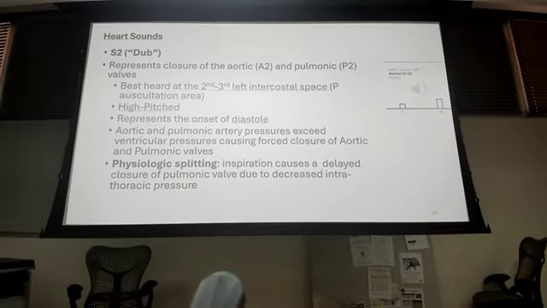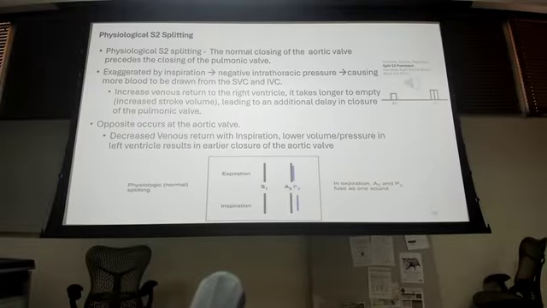Then we talked about the dub, or the S2 component, and that represents the closure of the aortic and the pulmonic valves, and it starts diastole, okay? And we talked about how sometimes you can get a splitting of this S2, and it can be physiologic, meaning that it's normal, where you have an early closure of the aortic valve and a later closure of the pulmonic valve due to